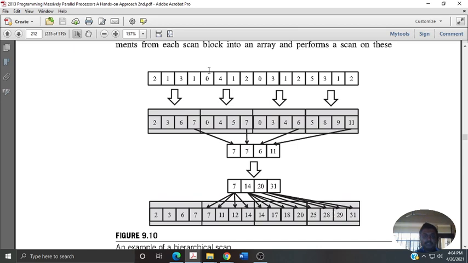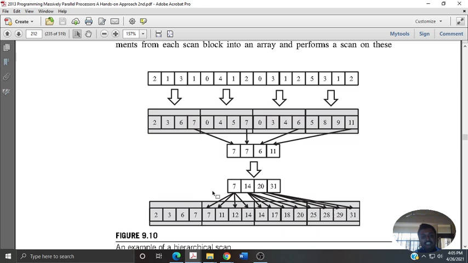Fine. So 0 plus 4, 4 plus 1 is 5, 5 plus 2 is 7. So you have accomplished the summations with respect to individual blocks as such. But the final element, whenever you are accomplishing, until here, because it's the first block, fine. But whenever you are computing the next block, what has happened is you start adding this 7 to all the elements. 7 plus 0 is 7, 7 plus 4 is 11, 7 plus 5 is 12, 7 plus 7 is 14.